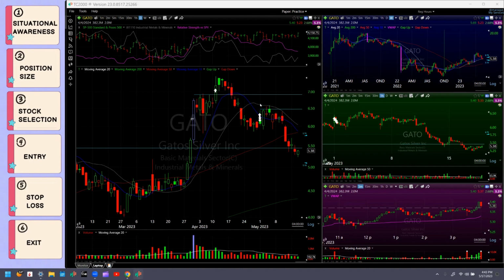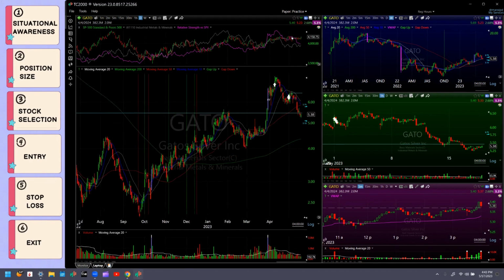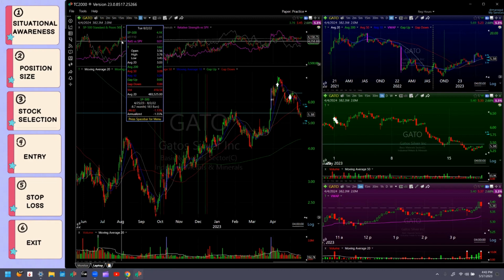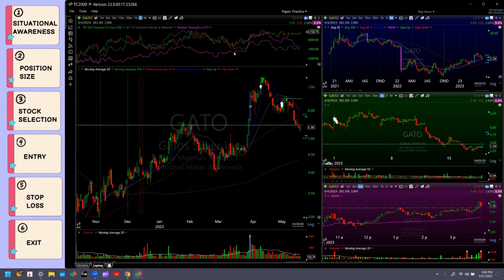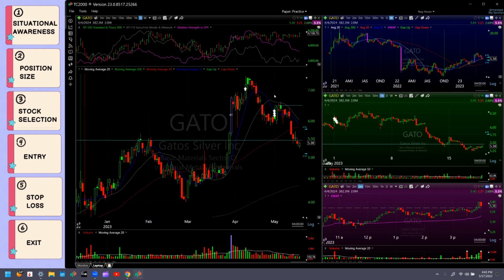So at the time when I bought GATO, the SA was very bearish. The market has just been going sideways for months, and my portfolio does not have any traction. So I was in defense mode and I took a pilot size buy in GATO, risking only 0.12% of my